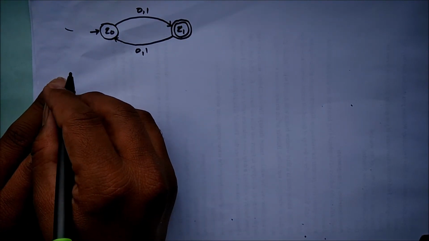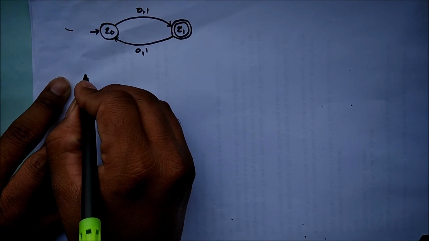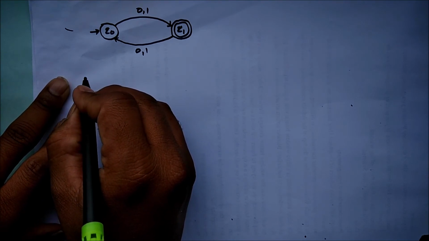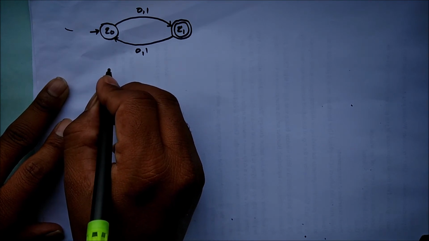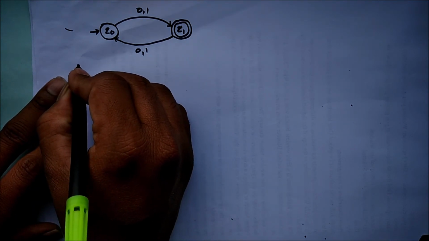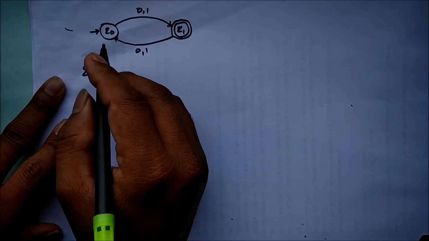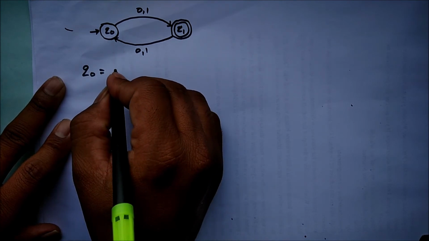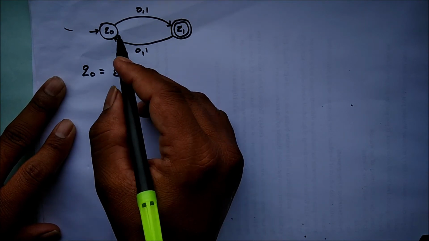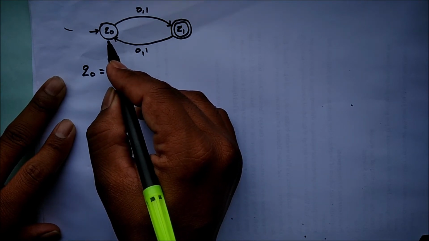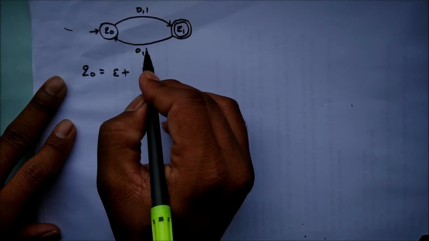So the given finite automata is in front of you, right? So let's try to write the equation for all the states which are involved in the given finite automata. So we can see Q0 and Q1 are the two states. So let's write for the Q0. So as we know, Q0 is an initial state. So we have to include epsilon in that, and plus we have to just check it out. Are there any states transiting to it? So we can see Q1 is transiting to Q0 with inputs 0 and 1.